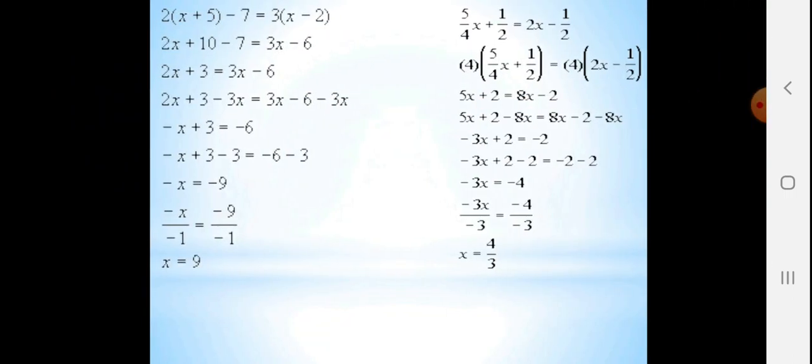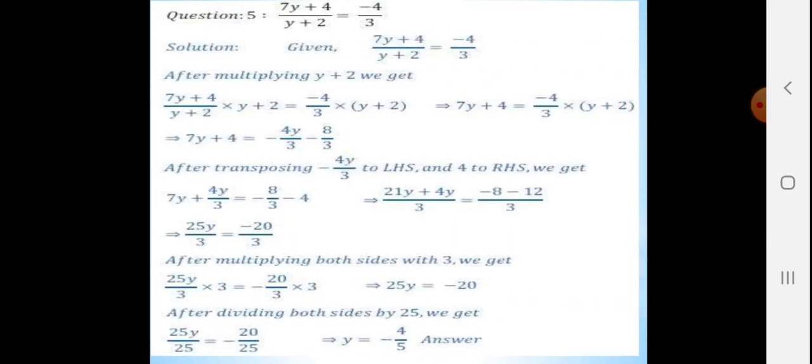Now similarly, more examples are given here. You can copy down the questions and try to solve and get the answers. You can find this kind of questions solved in the notebook videos as well. So here the example is cross multiplication. What will you do? You will cross multiply 3 and y plus 2 you will take to the right hand side to the numerator. By cross multiplying you can solve this. I'll give more and more practice of such examples in my coming videos.